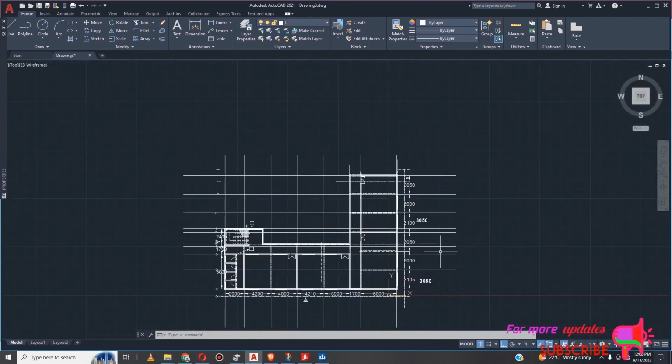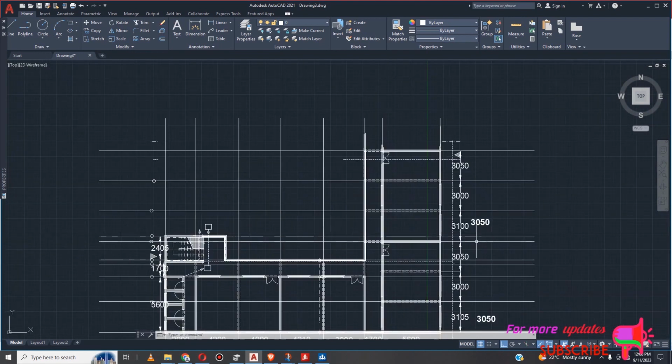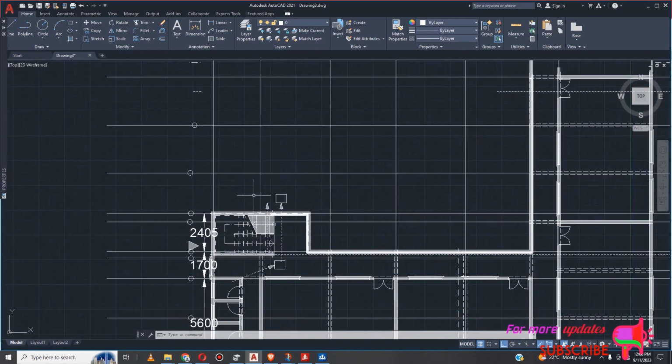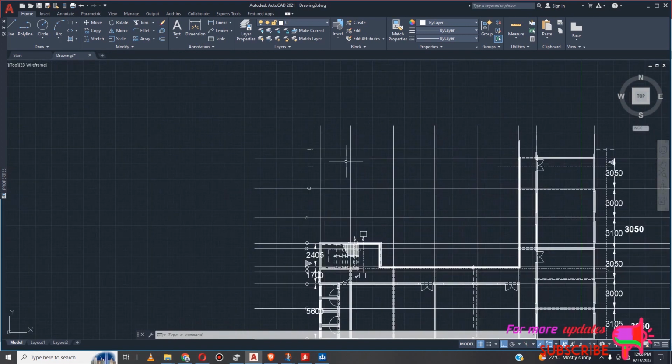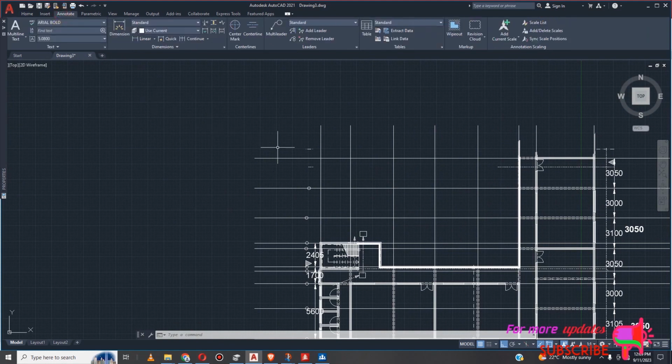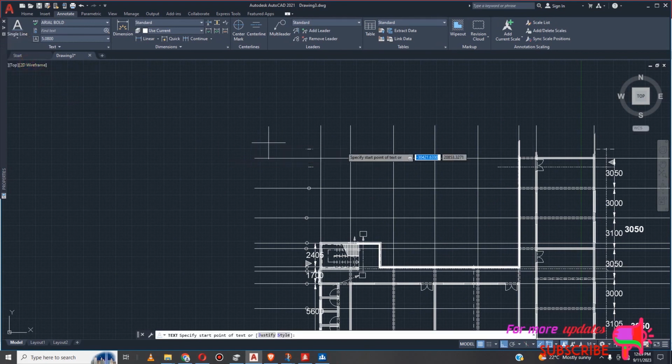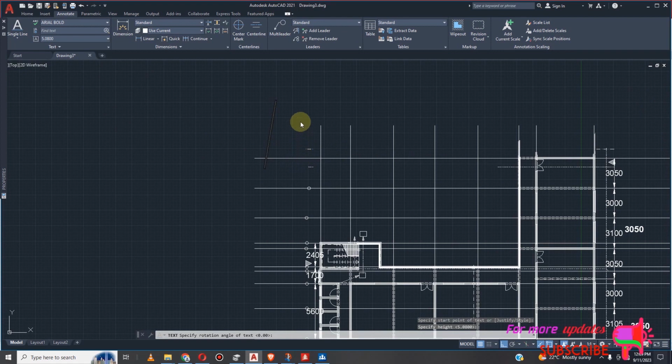So we are going to name these grids. So annotation, I'll do single, yeah, and there, and there. So I put 0, 0, and then